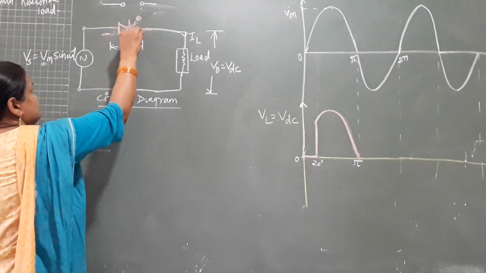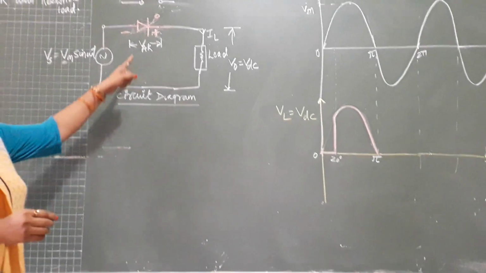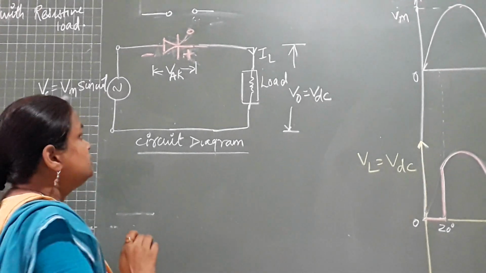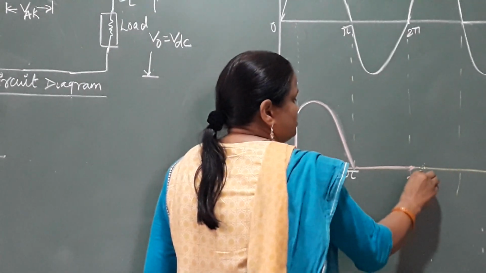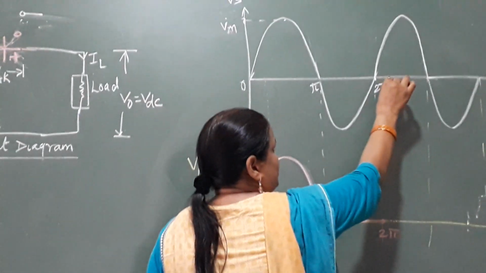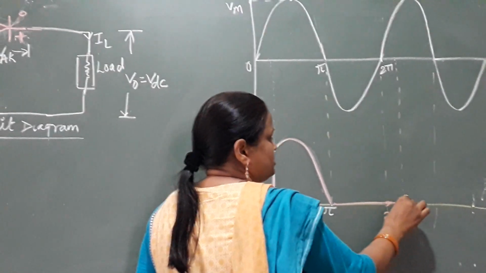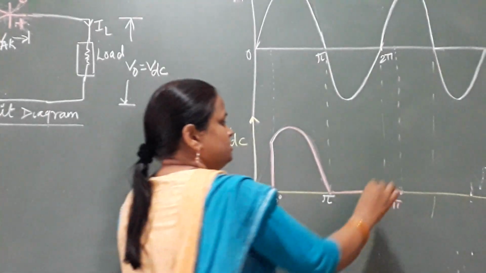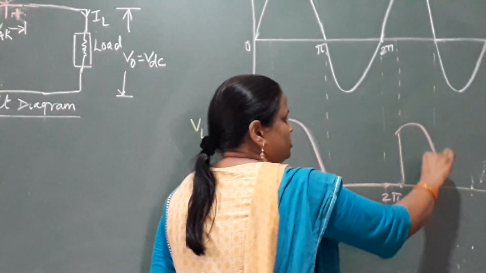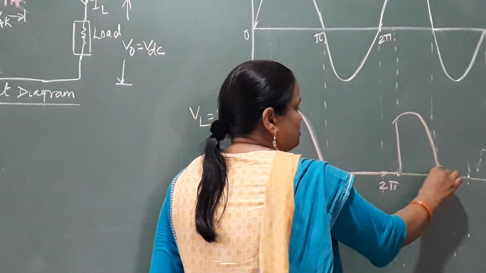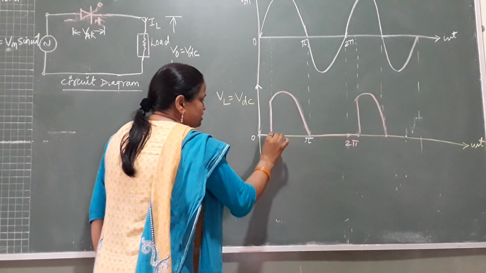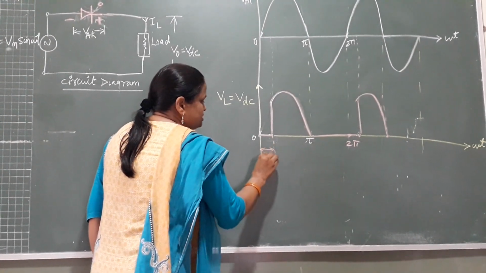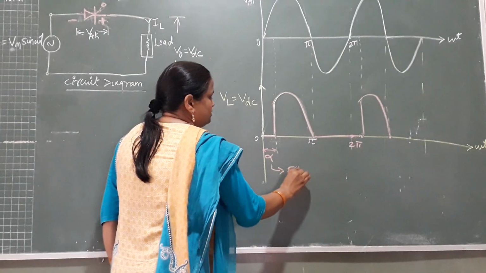Since only a single SCR is being used, the moment the supply cycle becomes reverse, negative, the switch will not conduct and will act again like an open circuit. So in the reverse case, the output is 0 from pi to 2 pi. The same continues when the positive cycle comes again. At 2 pi plus 20 degrees, the switch will be on again, and all the supply voltage appears across the output, and this goes on. The point at which the gate signal is applied is termed alpha, the firing angle.